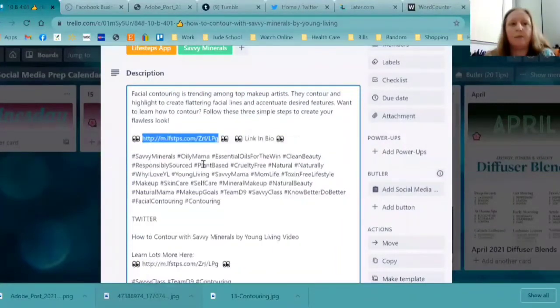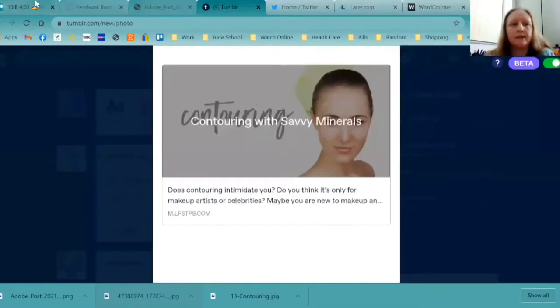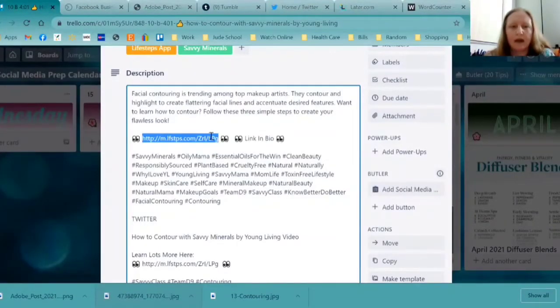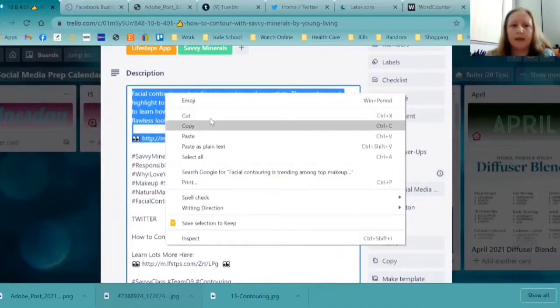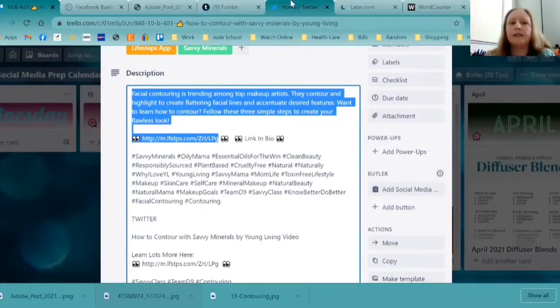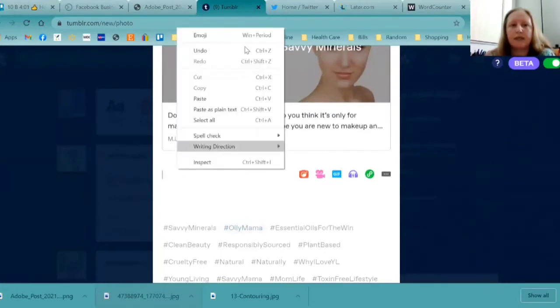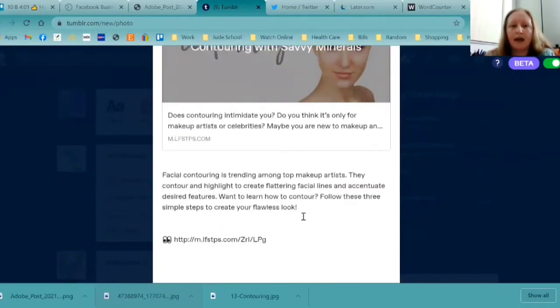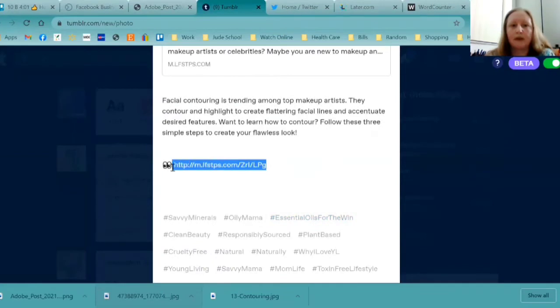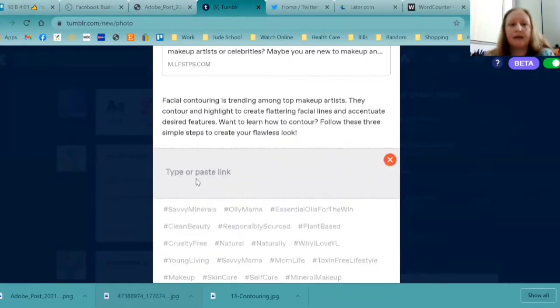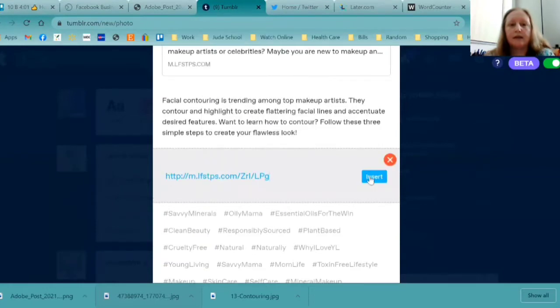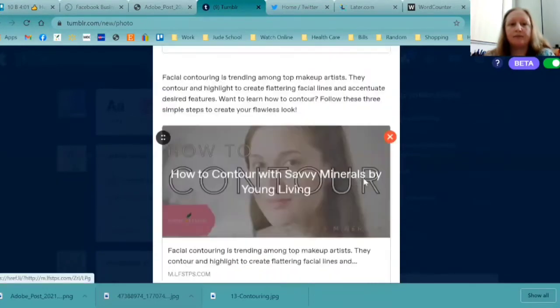and copy that and go back into Tumblr. Well, let's see what the text is. Yeah, I'll add the text in there too. So I'll just take this and copy the whole thing and go back into Tumblr. And then underneath this, I'm just going to hit paste again, and then cut my link out, backspace all this extra space. And then in the link, I'm going to paste my link there with the video.